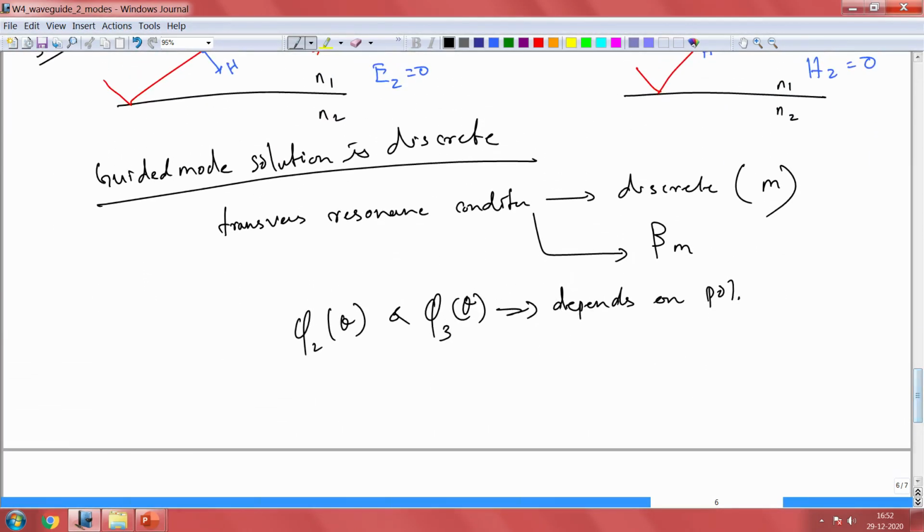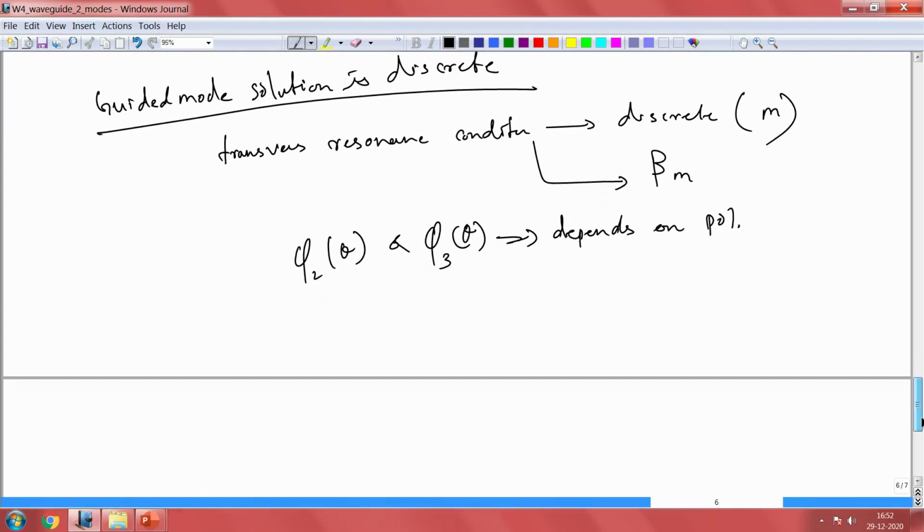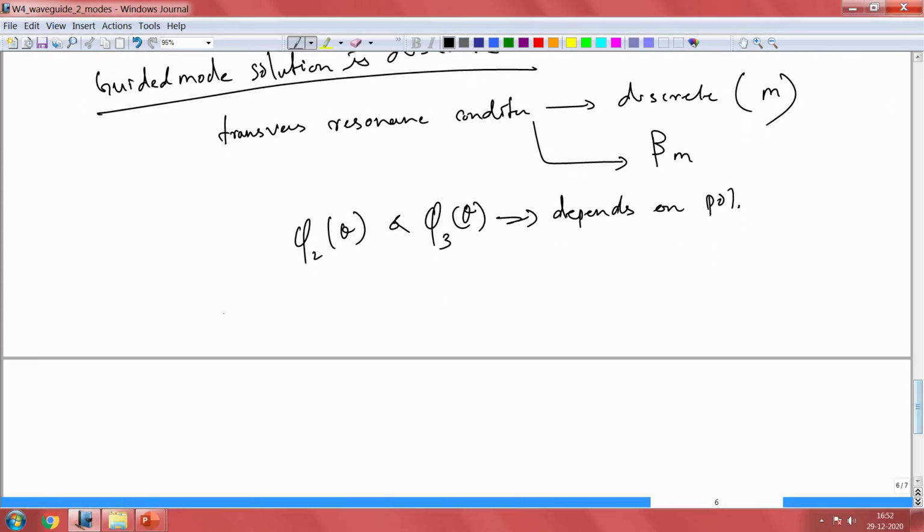It is not just discrete, but even if they are discrete, there is one more factor to it, that is a polarization factor. So, the implication here is TE and TM modes or waves have different solutions